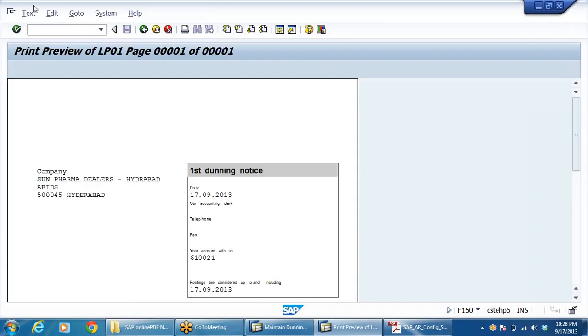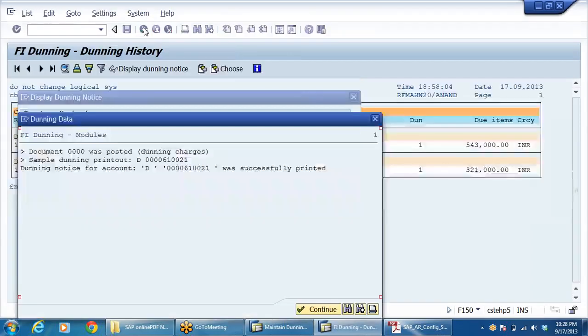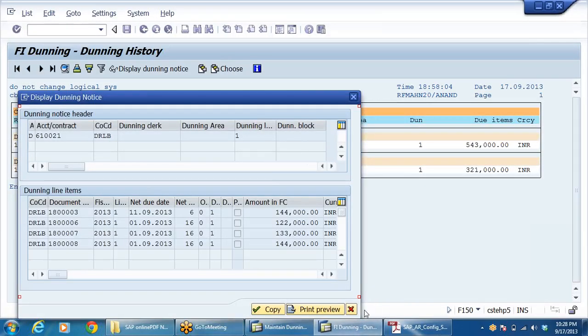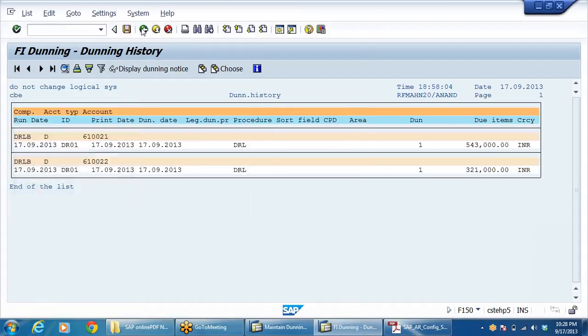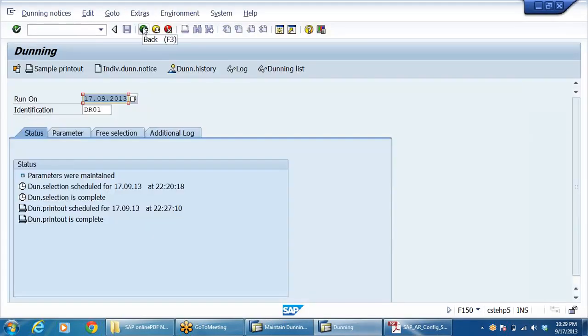Like this, you can generate any number of Dunning letters. So this is the process of Dunning. I'll show you one more thing. I can generate even a party statement of account. Our next topic is party statement of account.